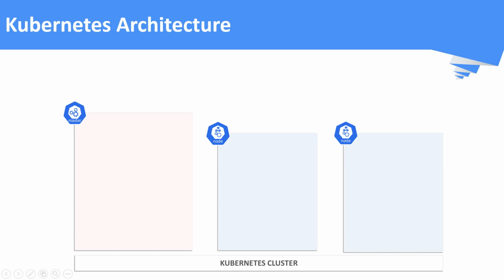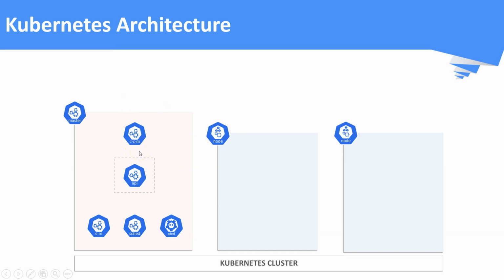If you say you are running Kubernetes, it means you are running a cluster. A Kubernetes cluster comprises master nodes and worker nodes. Master nodes are responsible for scheduling, controlling, and managing the cluster itself. It is also called the control plane. The control plane consists of the API server, kube controller manager, scheduler, etcd, and the cloud controller manager.